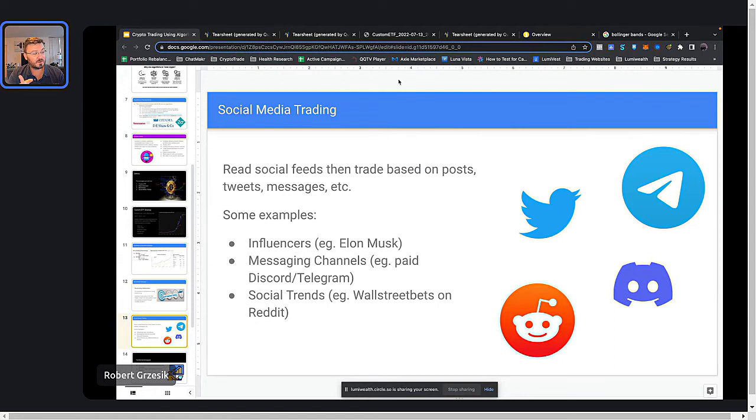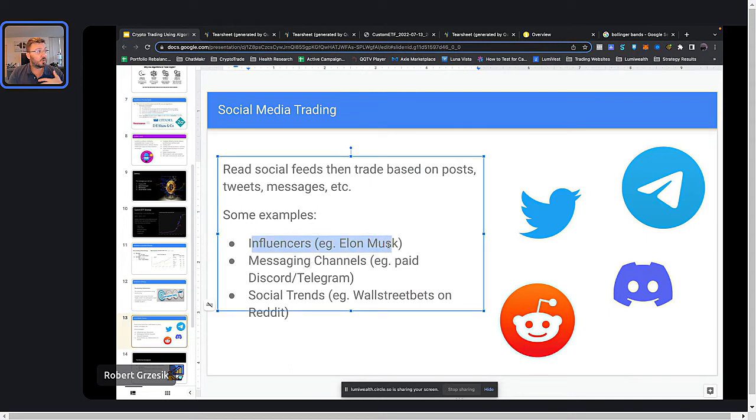our trades, right? So some examples of this could be following an influencer, or several influencers. Whenever Elon Musk talks about a certain company, or a coin, Dogecoin, for example, surges a huge amount every single time he mentions it. Donald Trump, when he mentioned that stuff about Truth Social, that company shot up 300% in 2 days. And there's lots and lots of examples like this. These are just two off the top of my head.